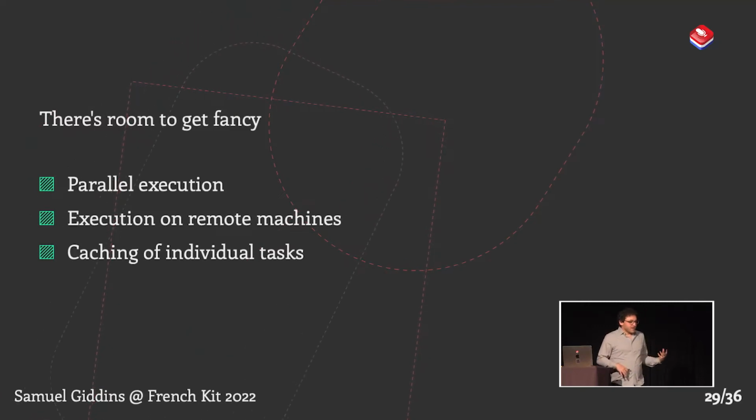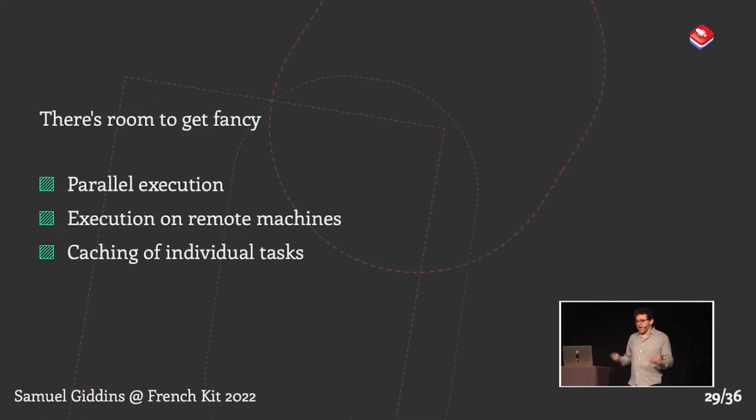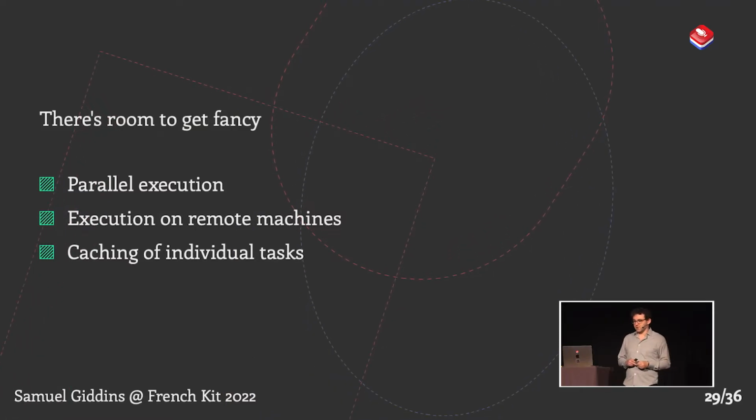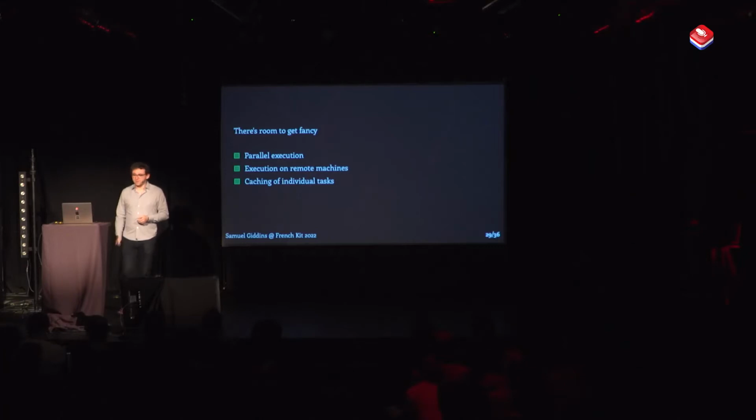Another way you can get fancy here is with caching. You can say, well, I've compiled this file before. And I've compiled it with all these different inputs and with these flags. I know what the output is. When you tell me to run this command, instead of running a really slow compile, I can just grab what the result would have been from a cache.